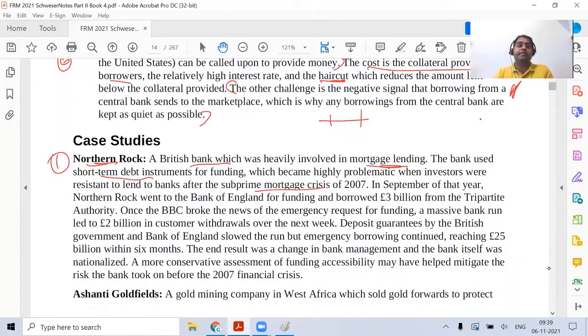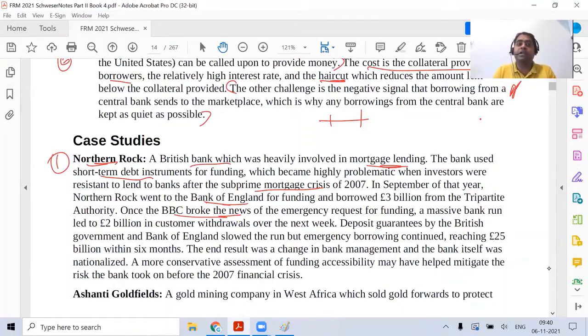And that is where the bank started facing the heat with respect to liquidity. They realized that they need money and they started borrowing money from the Bank of England. Okay, and because they were not able to borrow money from the interbank market, they had to move towards the lender of last resort, and this created a problem because the BBC broke the news. This was a very, very important part: the BBC informed that Northern Rock is taking money from the central bank, and obviously this gives a negative signal to the market, and this triggered a series of events.